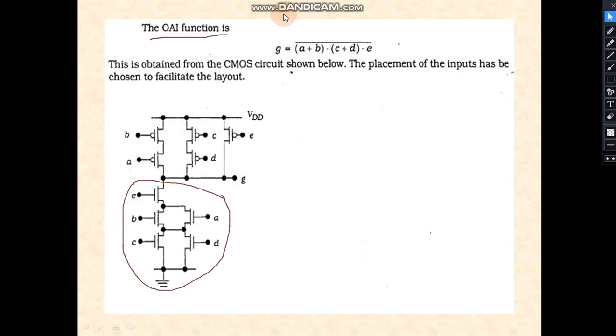So basically in this unit we have discussed two main points, that is stick diagram and layout. And after layout designing, we have to send these pictures, or we can say these expressions, to the VLSI foundries for the fabrication of the IC. I hope you all have the knowledge of stick diagram and layout of CMOS and NMOS at this point.